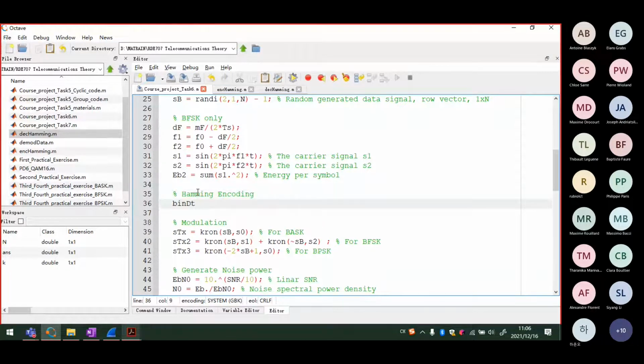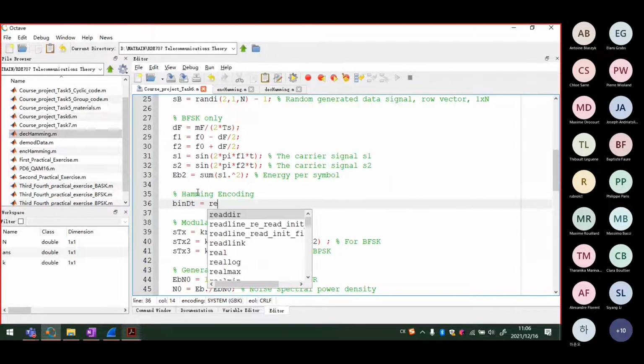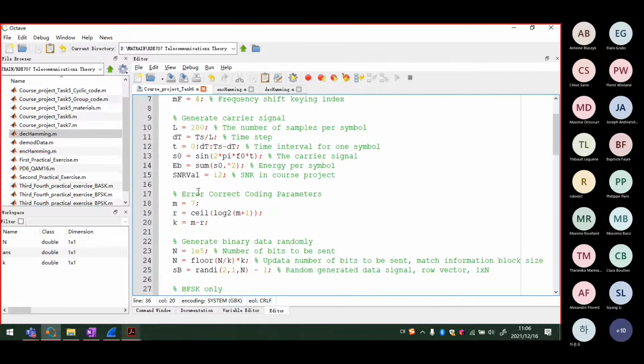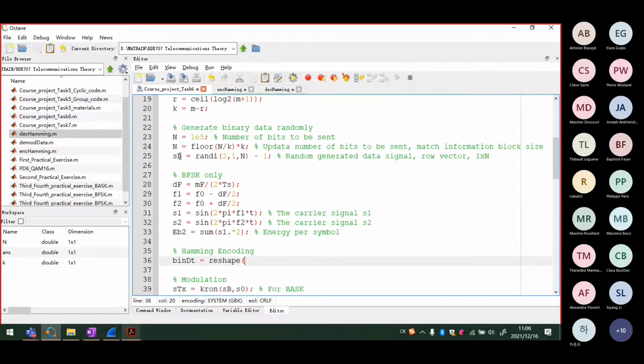And for binary data, we use the reshape. We reshape the transmitted data here as B. Yes, we use it here. And this is a single row vector, right? We reshape it as some